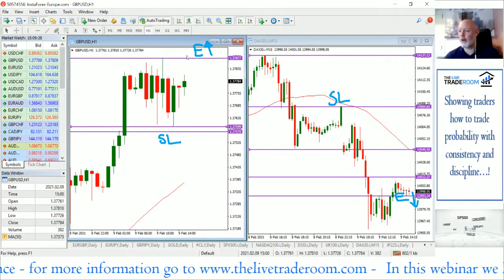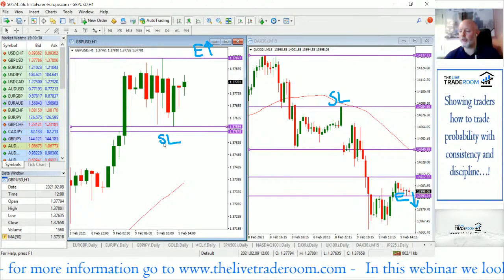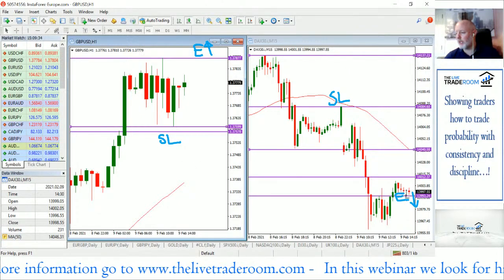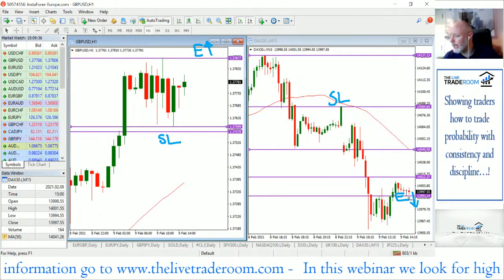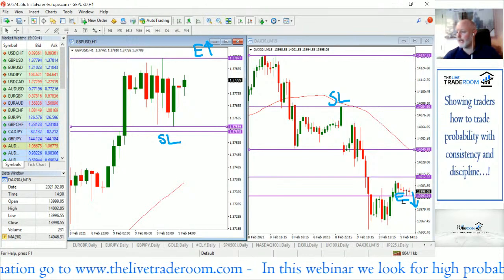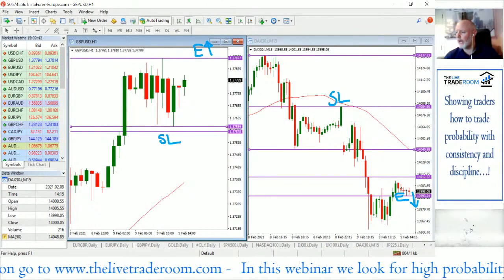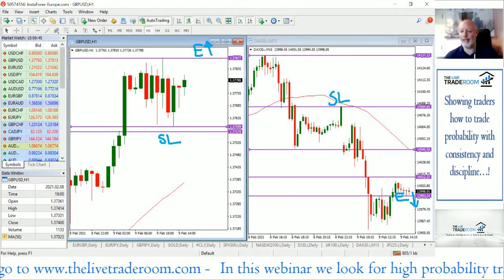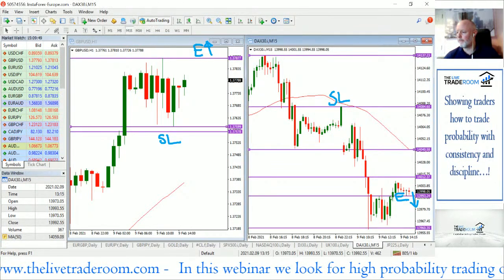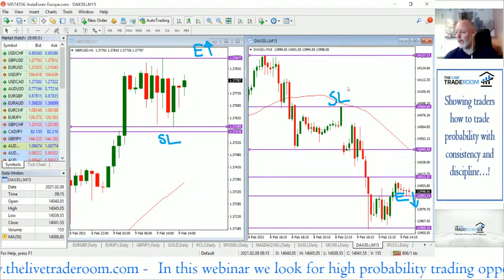So this is our entry to the upside, and this is our stop loss. And we need the DAX as well to actually break below the 13,993 level to the downside. And we've got a nice, neat stop loss placed above the